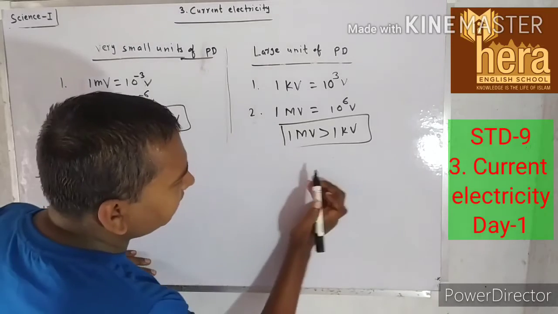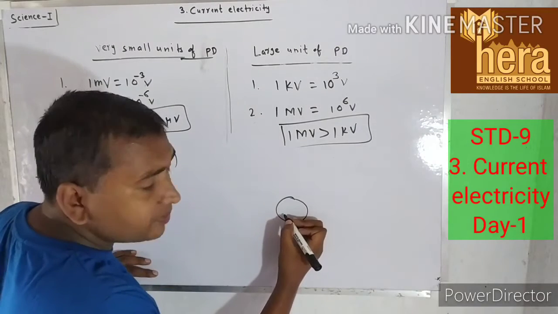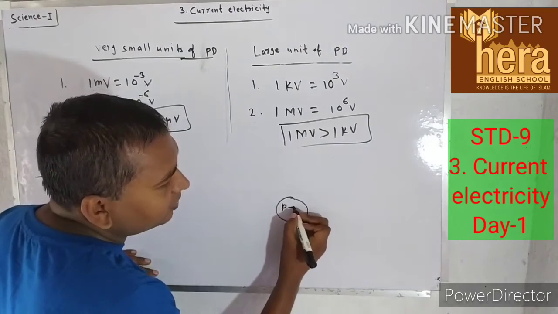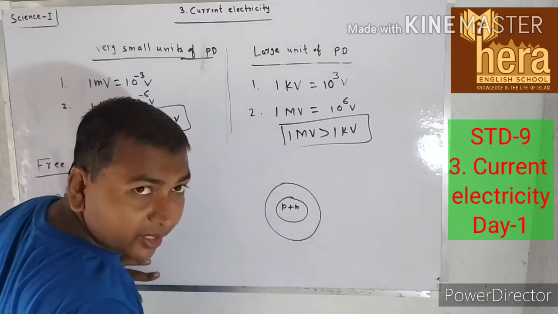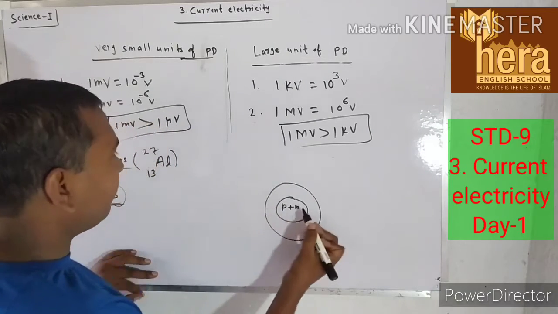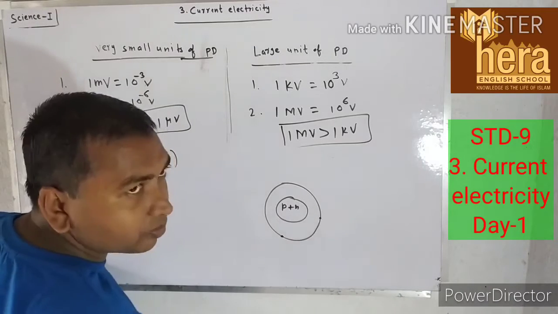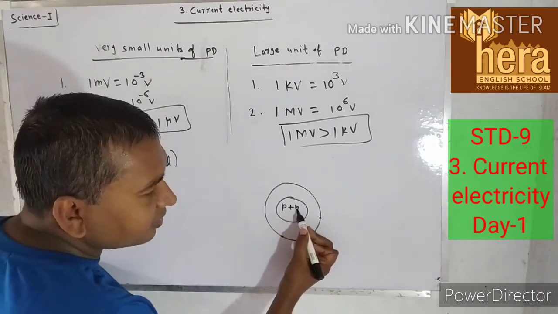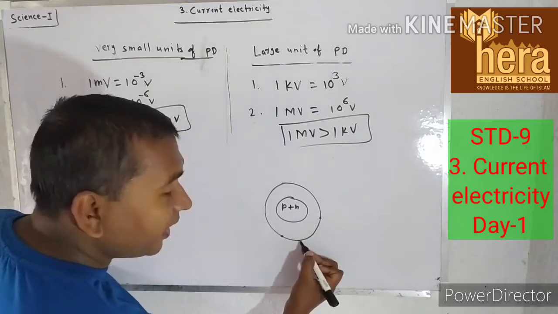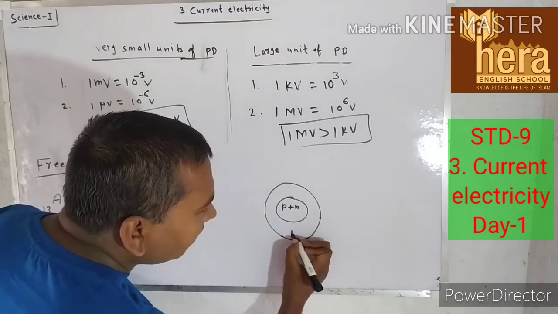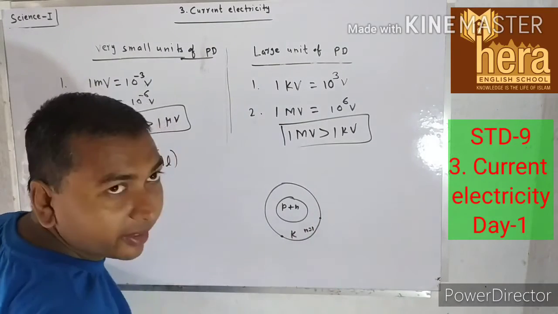So this is the aluminium atom. This is the nucleus of the aluminium atom. In the nucleus there are protons plus neutrons. This is the first orbit. Understood? In the first orbit how many electrons? 2 electrons. 1, 2. Protons are positive charge, neutrons are neutral. There is no charge on a neutron. The first orbit is represented by capital letter K, and for K, n is equal to 1.